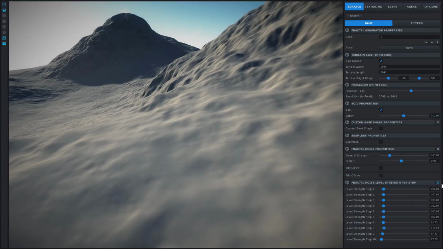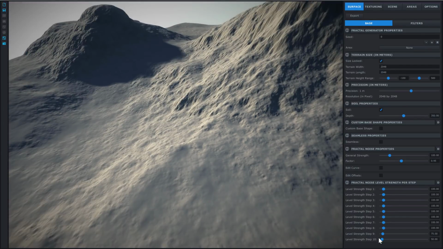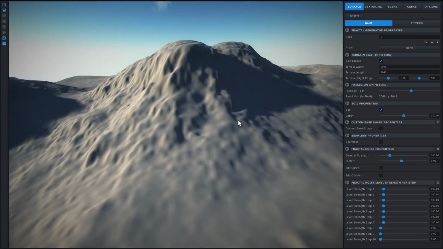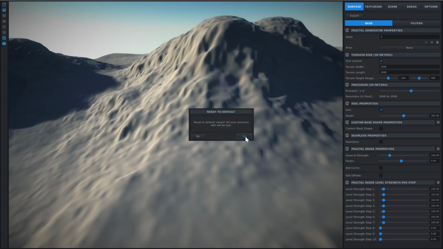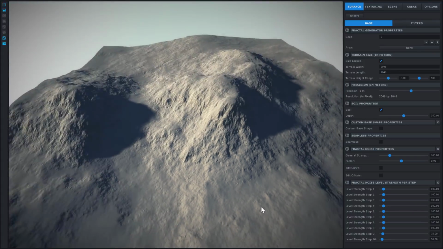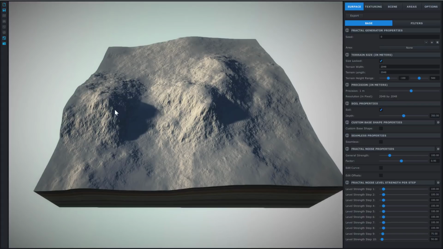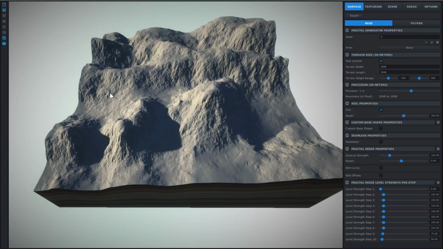So you can use them for many purposes actually. For example, you could use them to quickly smooth out your terrain a little bit with this trick. You could also use them to create a virtually larger landscape on this terrain. Try to remember this shape. You have a mountain here, you have a mountain here, and a small one here, and there's a path through here. Now if I'm decreasing the first level strength, setting this to 0, you will see